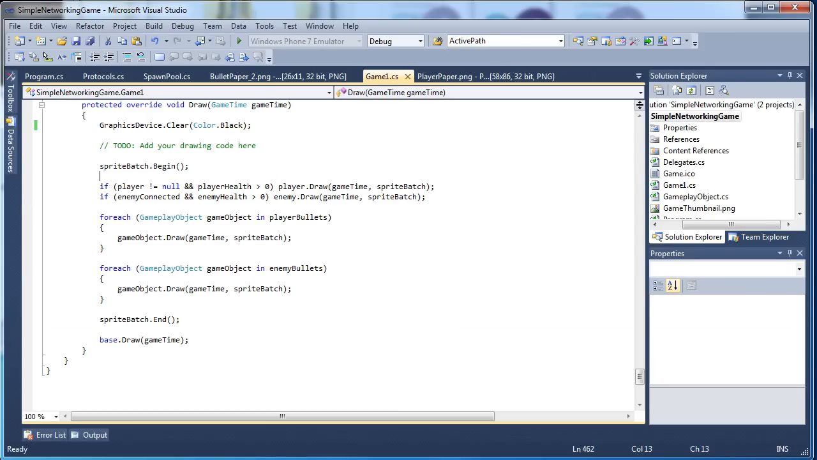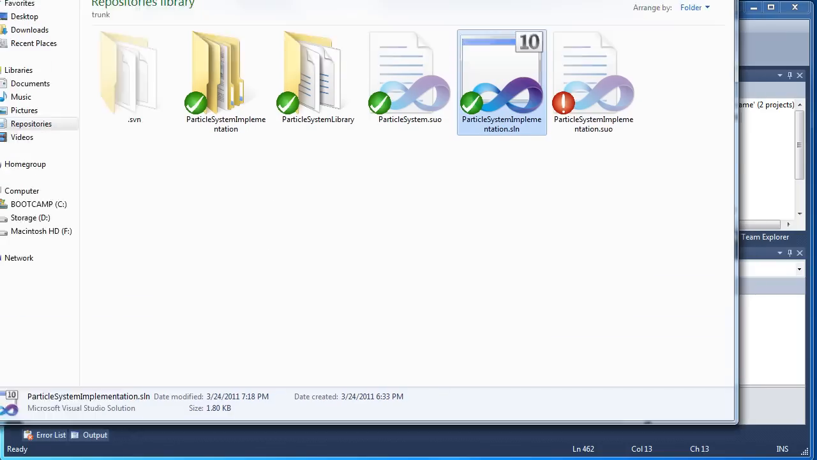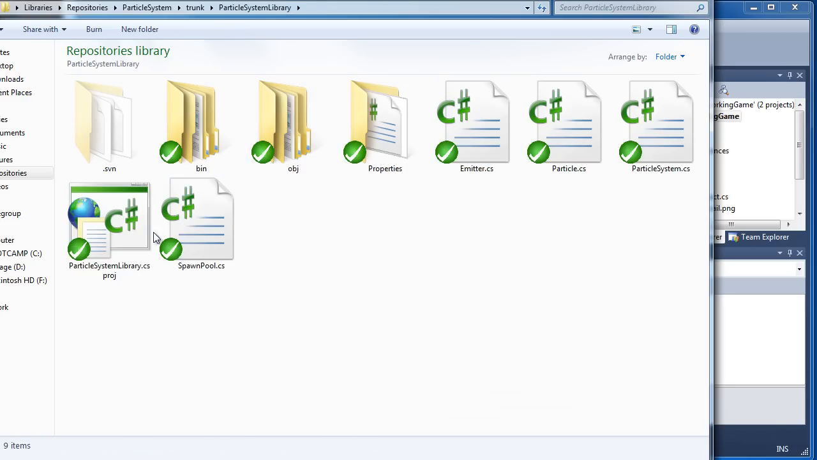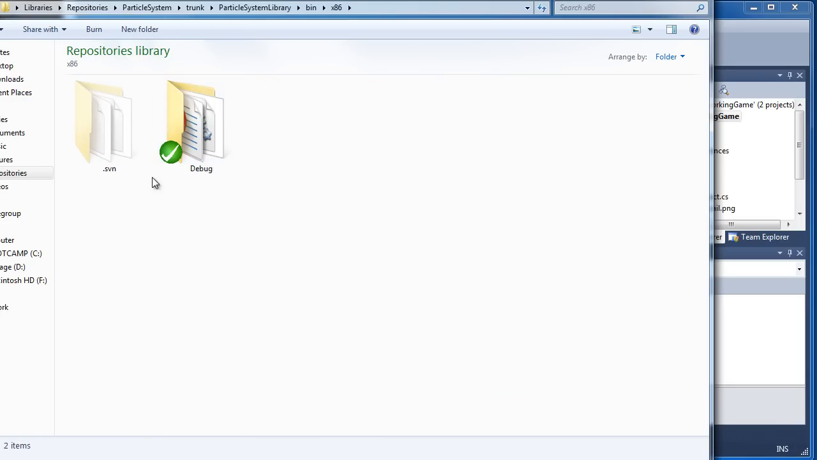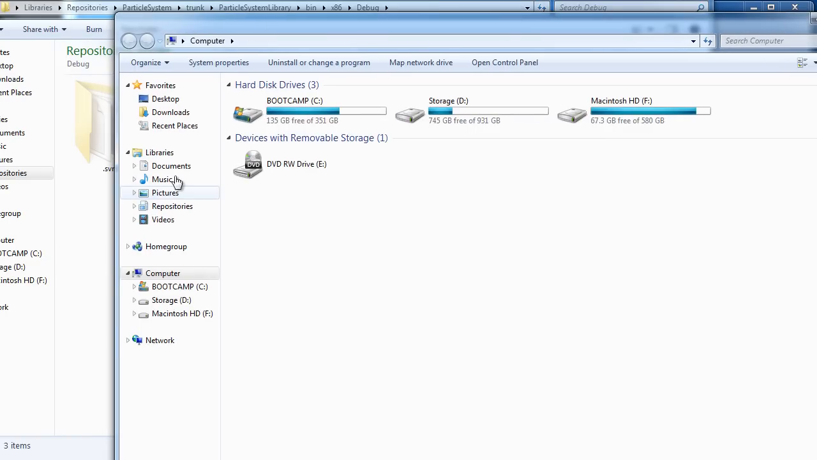I will provide a download in the YouTube description and the forum posting on how to get to the particle system. Alternatively, you can go to the particle system repository. If you go to my main website, you can have a repository link on the top right. You can click that link and you can download the particle system. So we're going to get the library, and we're going to go in and grab the DLL here. And we're going to copy it to the repositories,